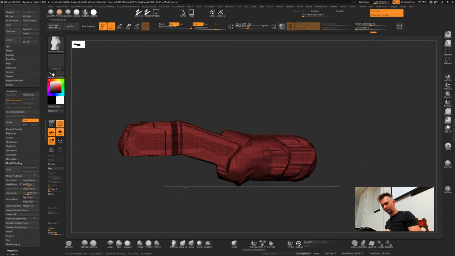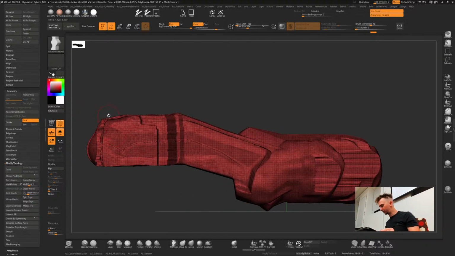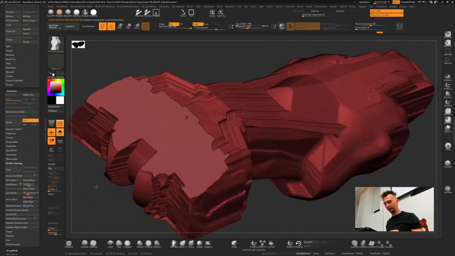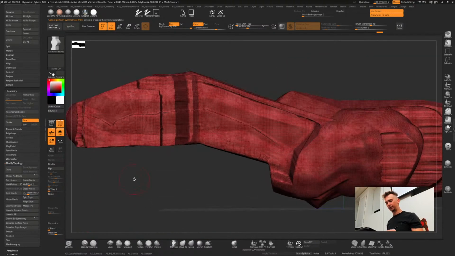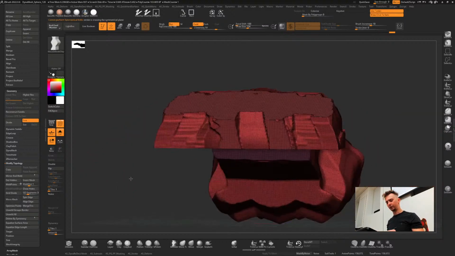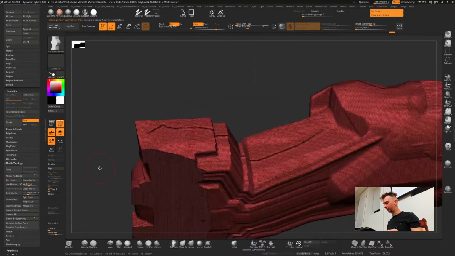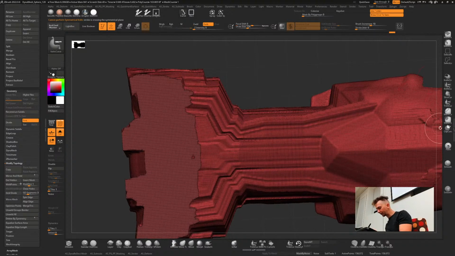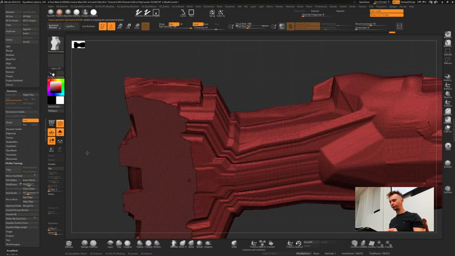The only hard surface curves brushes that are really unstable for me and that tend to crash the system are the new knife tools. So if I grab a knife curve, you can see knife fills the hole with a nice grid, but this thing can crash your ZBrush like no other tool. So far so good, but it can get pretty bad. So I'm gonna try to avoid it so I don't interrupt the stream. Clip tool it is.